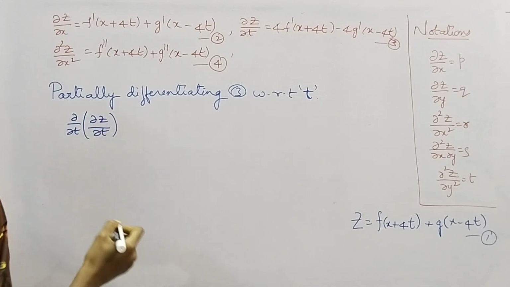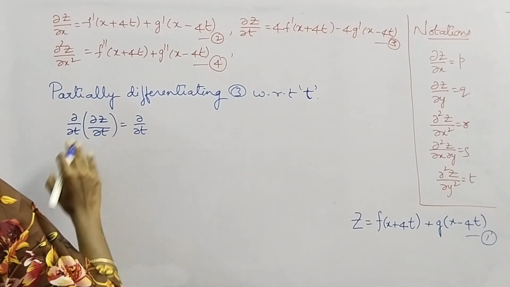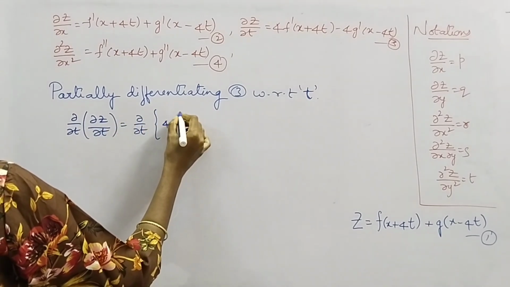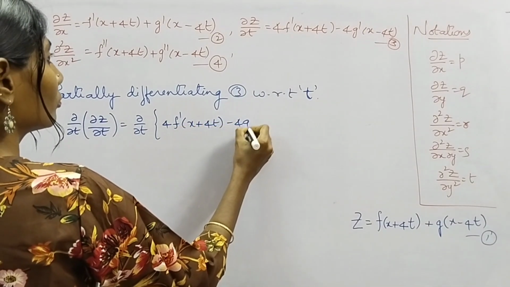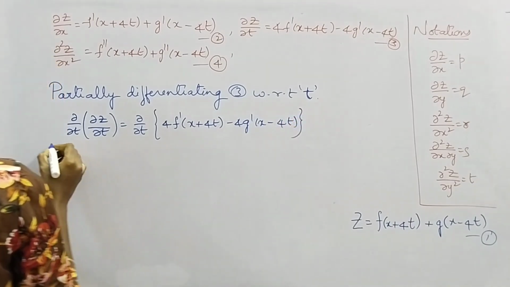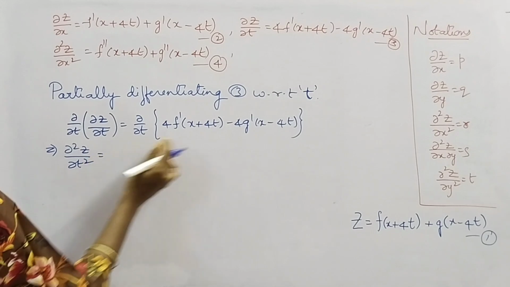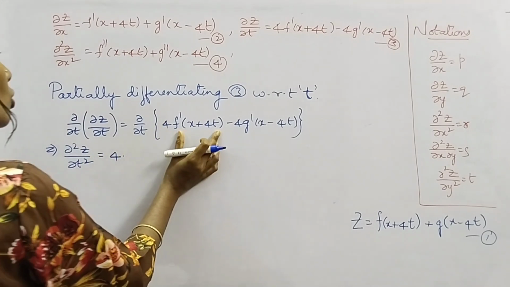You can do it directly, but it is always good to apply dou by dou t on both sides. This gives us dou square z by dou t square equal to constant 4 into the partial derivative of f dash